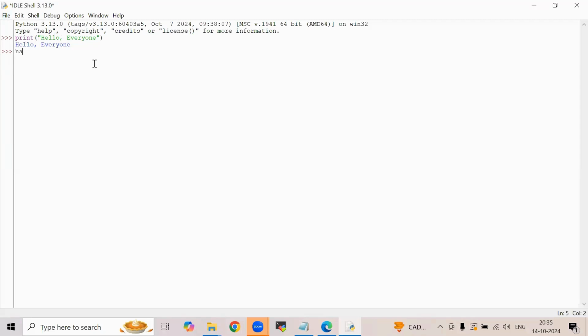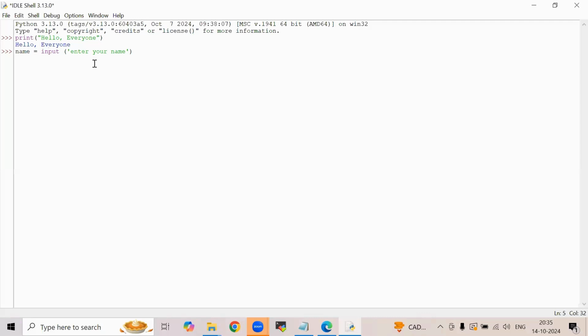Let me write: name = input('Enter your name'). You might have observed a difference: in the first example I used double quotes, and in this case I use single quotes, which doesn't make any difference.